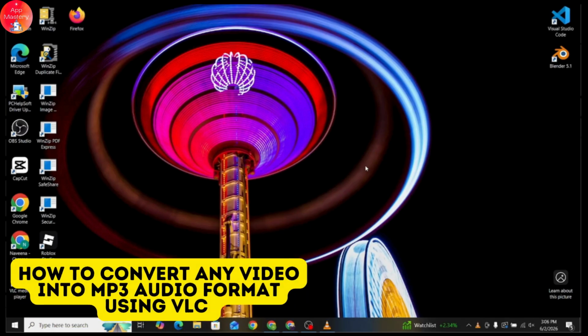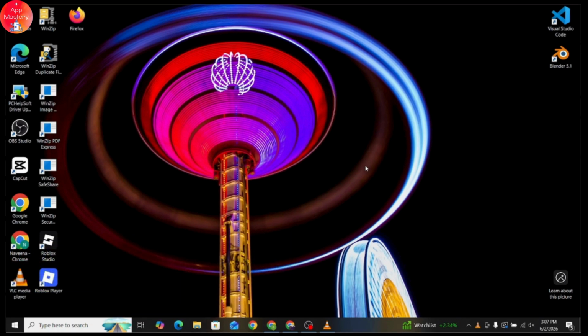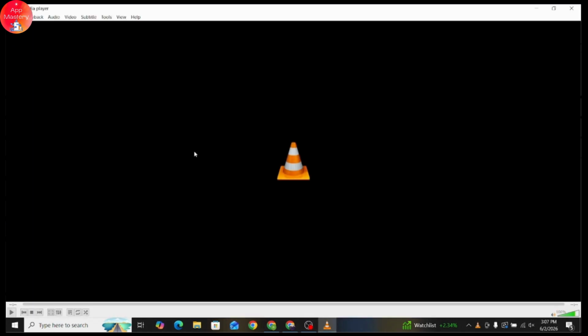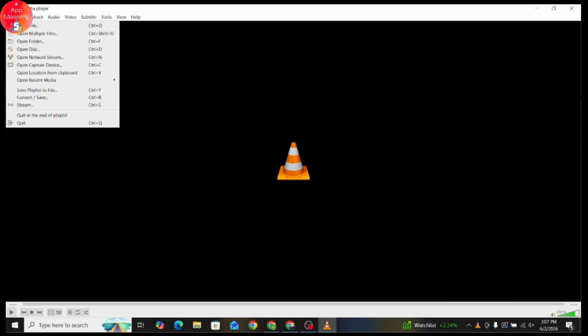How to convert any video into MP3 audio format using VLC. So if you want to convert any video into MP3 audio format using VLC, then what you need to do is first, you just need to simply open up your VLC media player. After opening your VLC, you just need to simply go with your media option, which will be on the top,